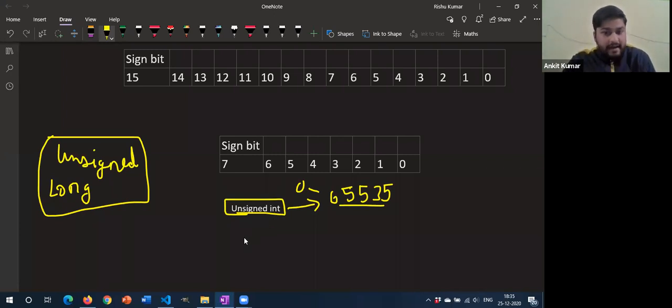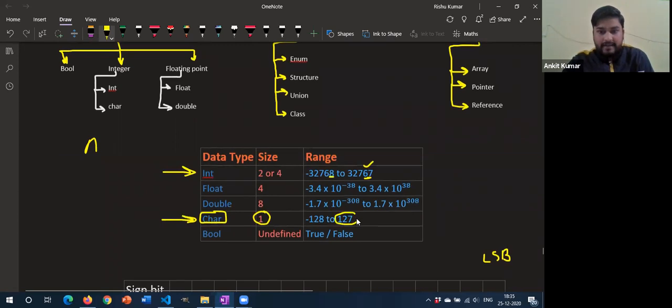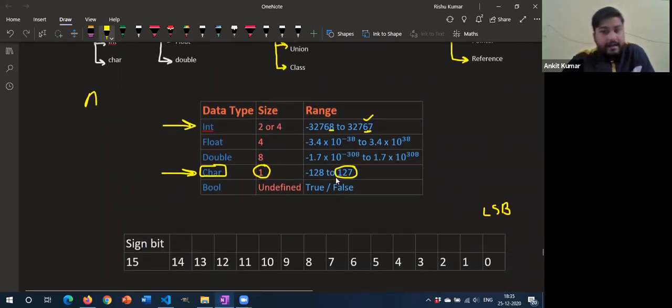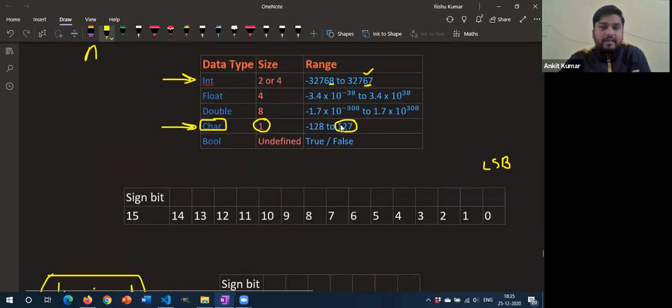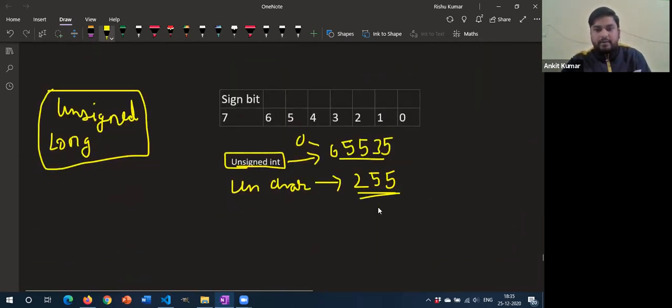Now, instead of unsigned int, you can also have unsigned char. I have not written the unsigned word completely, but it is unsigned char. When you write unsigned char, your size will increase, and it will become 255. Earlier it was 127, including the negative and the positive. So just add these two and you will get 255. You have doubled it. Your size will double, and it is only for positive characters in the case of char. So this is the speciality of unsigned char.